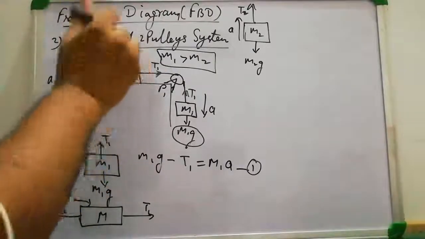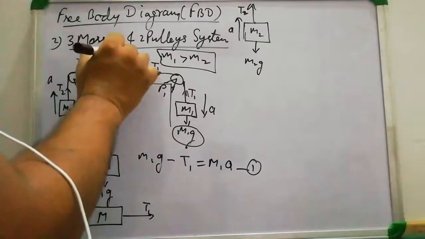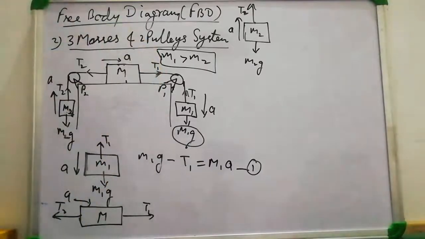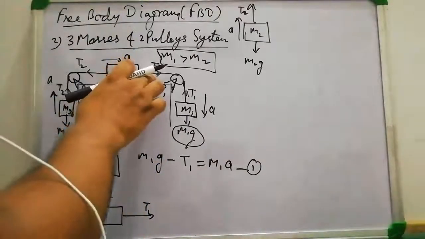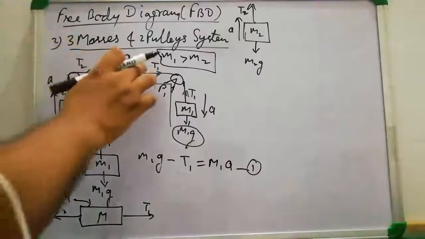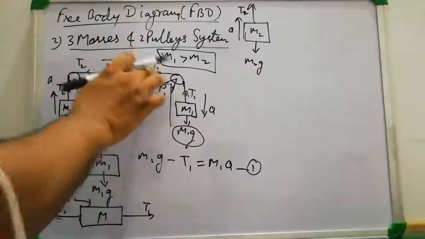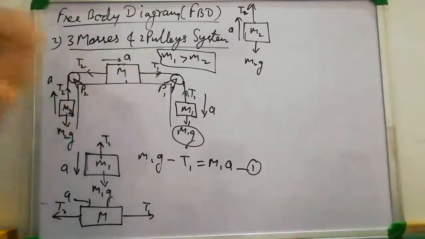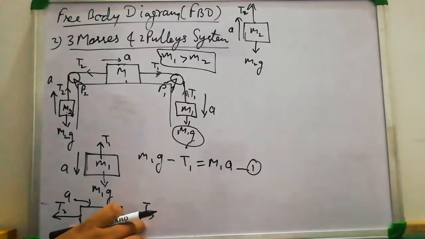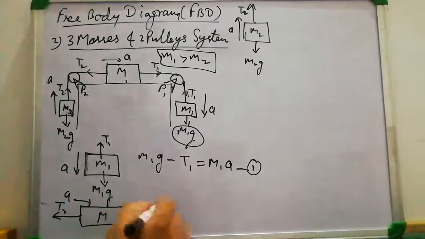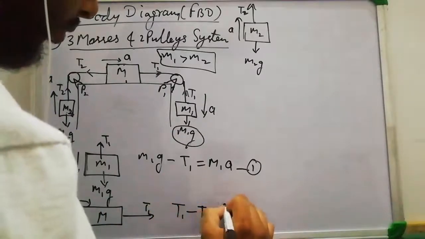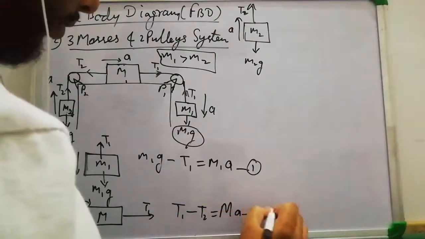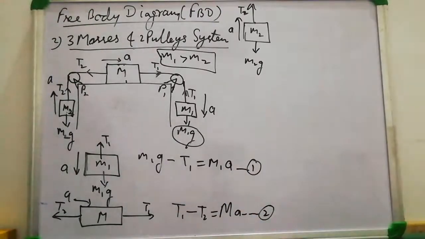Okay, so we are saying that the mass M is moving from left to right with an acceleration of a. That means there is a net acting force. Net acting force of what? It will be the difference of the tensions T1 and T2, because only these two tension forces are acting here. So we will write it as T1 minus T2 is equal to capital M a. This is our equation second.